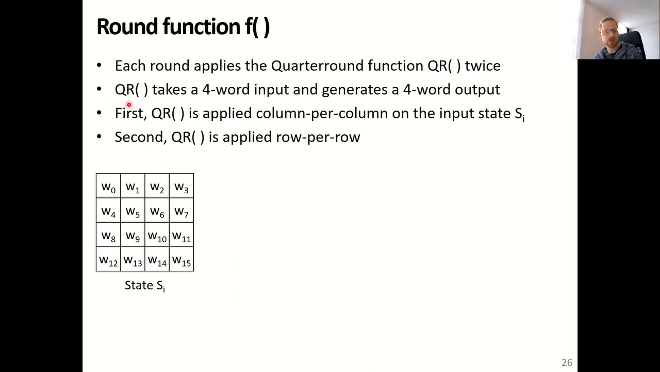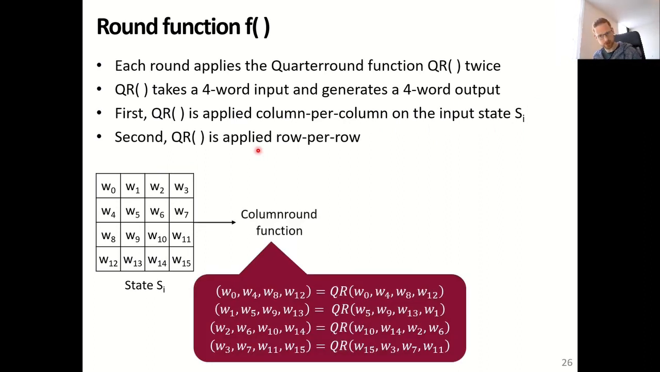The QR function takes 4 words as input, to generate 4 words as output. QR is first applied column per column on the input state Si, and then it is applied row per row. These are referred to as the column round function and the row round function. How does it work? So first,